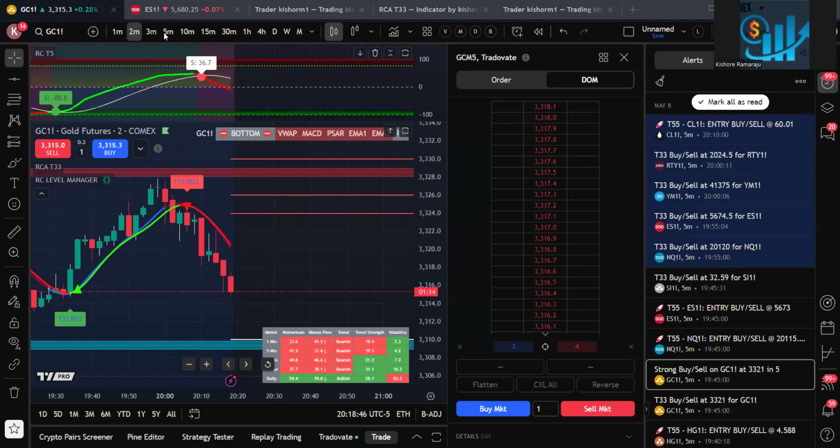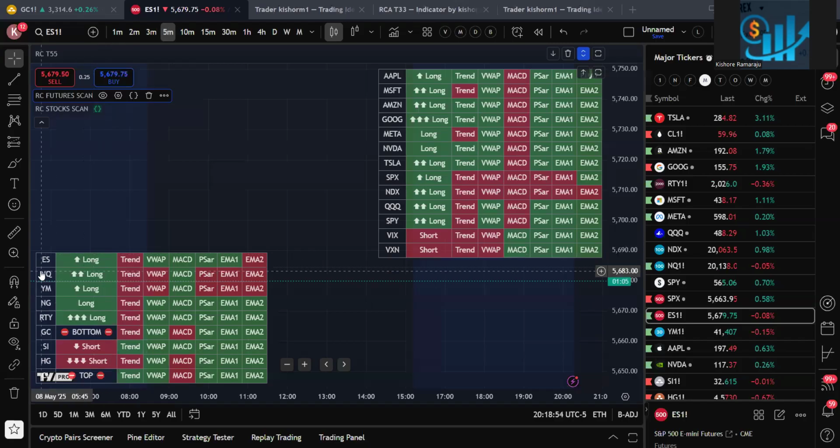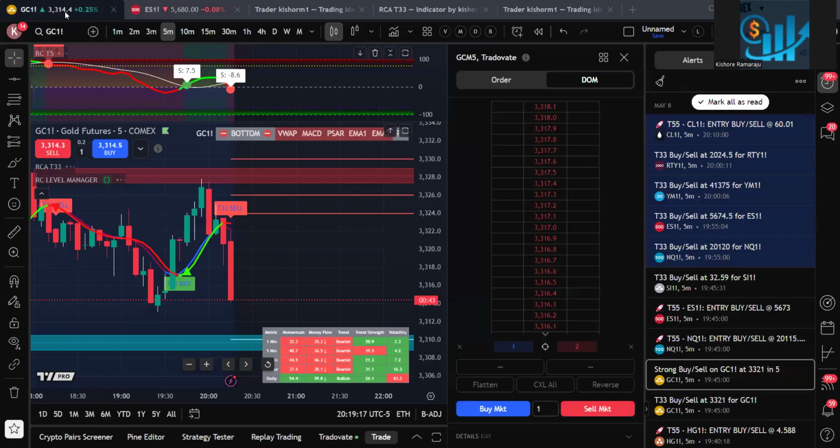How do you know? Again, as I told you many times. So ES, it is telling it is above the white line, right? One level up. NQ is two levels up. YM is one level up. Silver is one level down. Copper is three levels down. That means these are good for short. These are good for long. So now you only look for buy opportunities on them. You look only for sell opportunities on these ones. Then your risk is minimal,